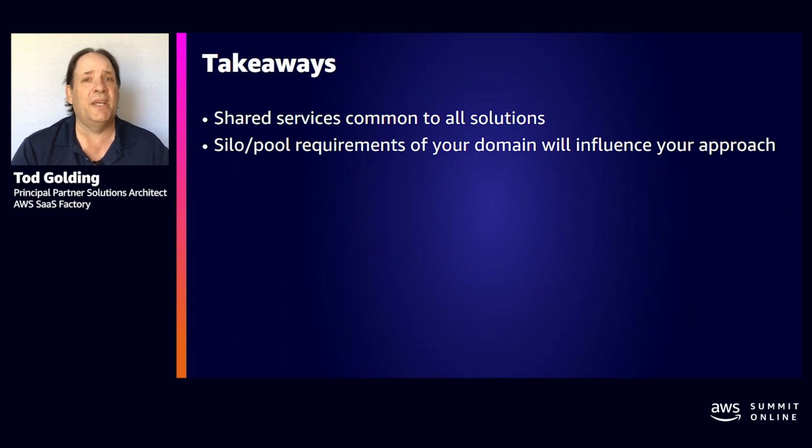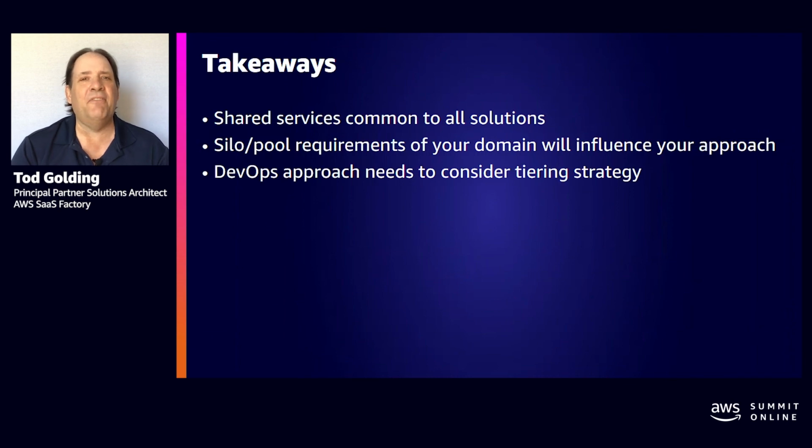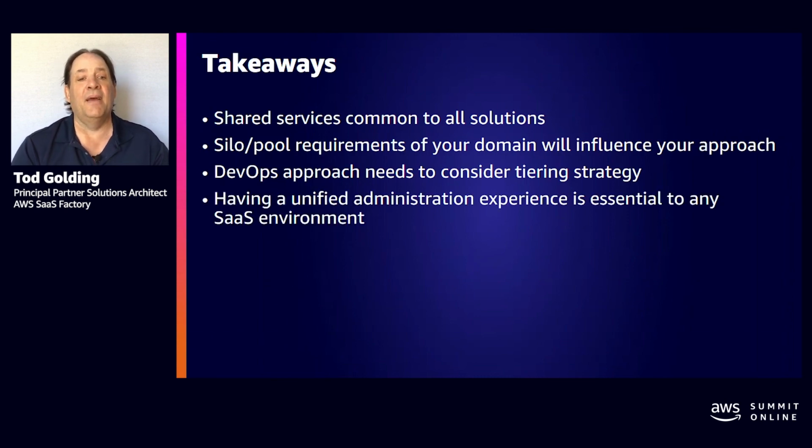The models that you need to deploy could very much affect your architecture. Are you going to use a namespace per tenant? Are you going to use a cluster per tenant? Are you going to use pooled? Are you going to have some mix of those things? You have to think about all that as you think about which architectural model you're going to implement. And definitely factor in the fact that DevOps is going to be part of your architecture, right? You can see how tiering reaches all the way out into the DevOps footprint of your solution, and you want to be inclusive of that from the beginning.